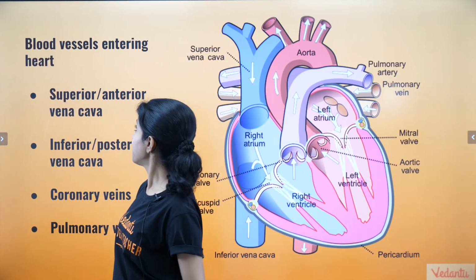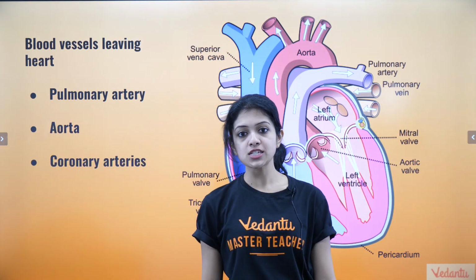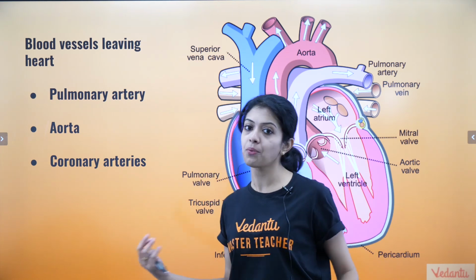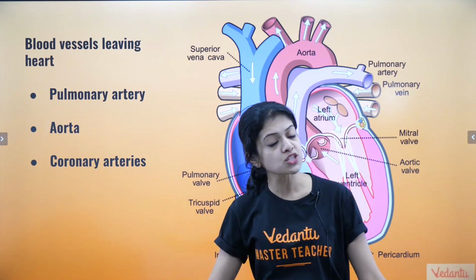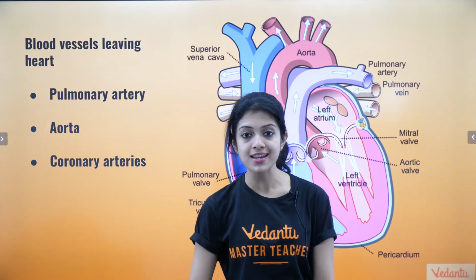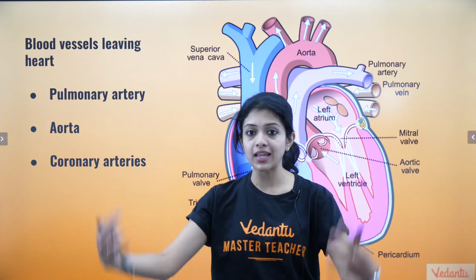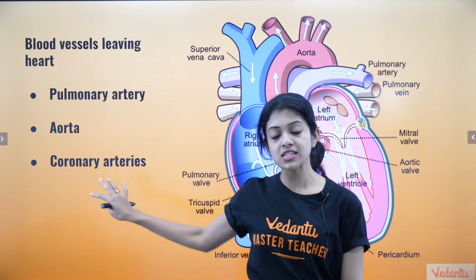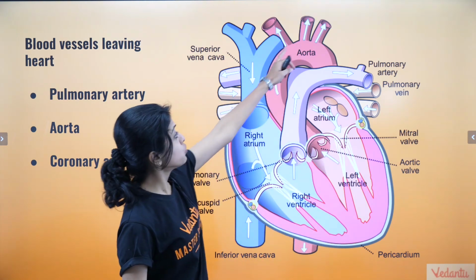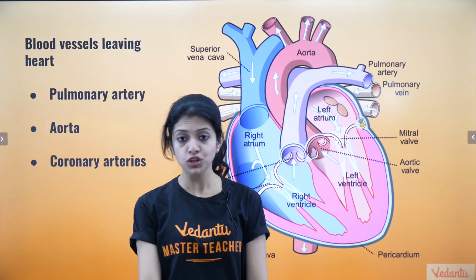Now let's look at the blood vessels which leave the heart. Okay, it's similar to the other one in the sense we are talking about pulmonary arteries instead of pulmonary veins because it's away from the heart, right? So pulmonary artery, guess what they would do? Yes, if pulmonary veins carried blood from the lungs to the heart, pulmonary arteries are supposed to carry blood from the heart to the lungs, away from the heart, right? So that is what pulmonary artery does. Aorta is this huge blood vessel that you see here, the aorta. It's supposed to be the largest artery of the human heart.